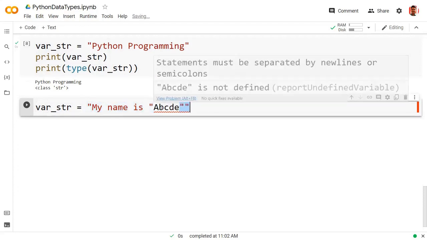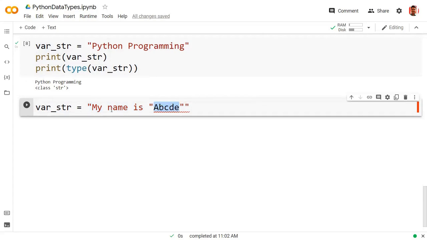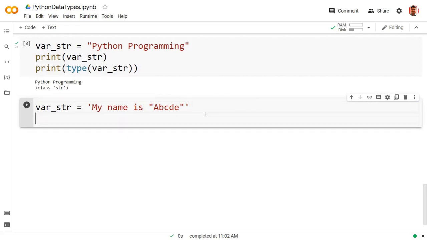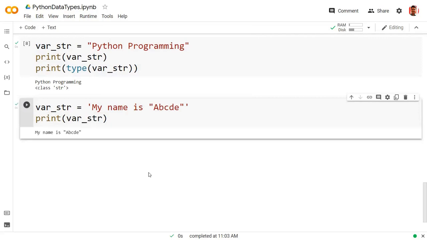My ABC will not be part of it. So in case of Python, Python suggests that you can use single quotes in such a situation. So your output will be with double quotes. Your output will display the value in double quotes. So my name is ABCDE. So it will display that particular thing.